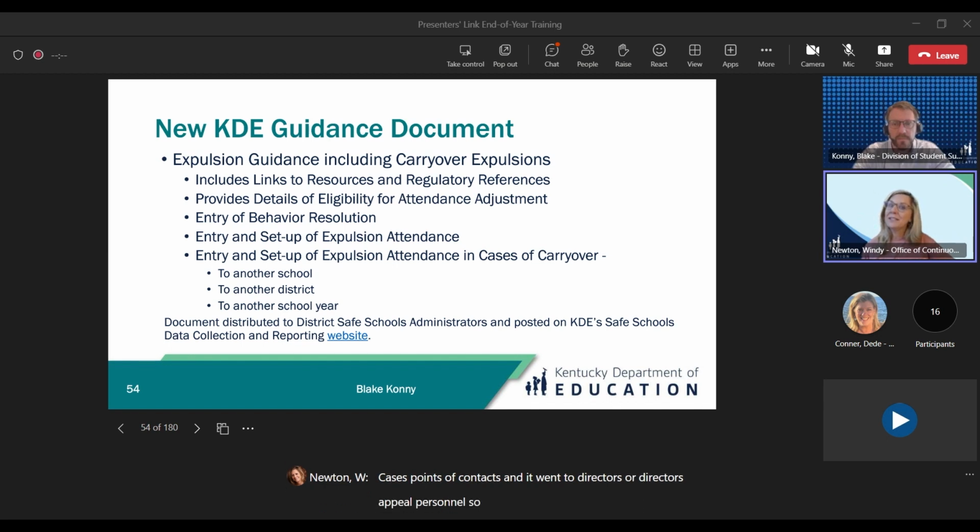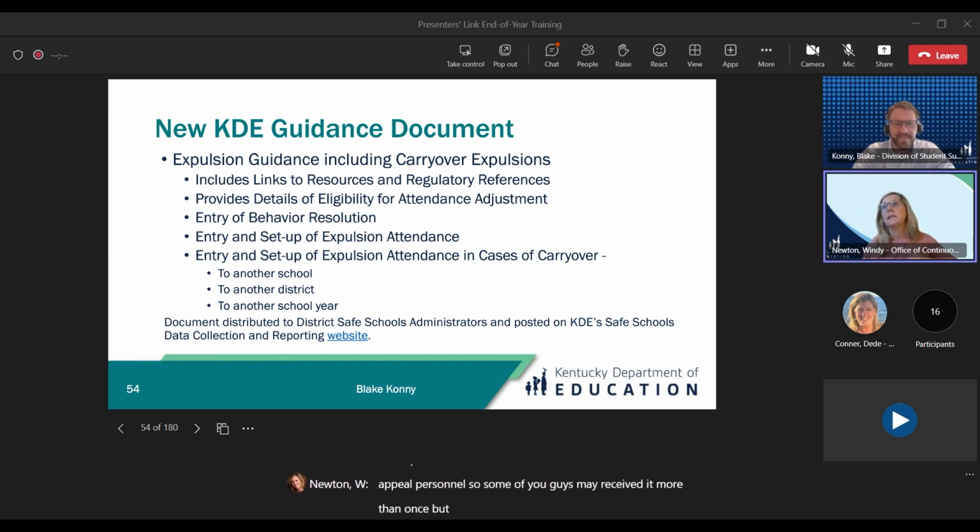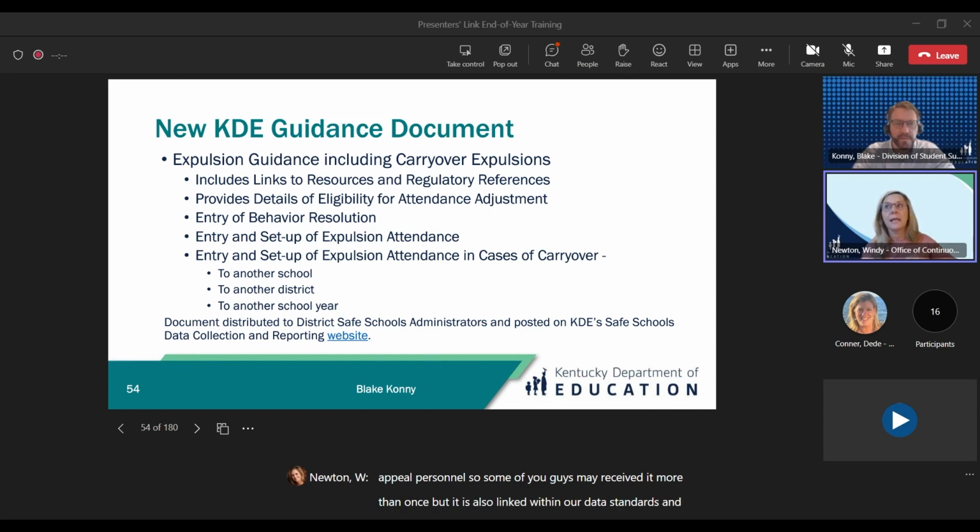So some of you may have received it more than once, but it is also linked within our data standards and on our KDE Safe Schools data collection webpage. It gives very detailed instructions for current year expulsions and carryover expulsions, and what needs to be done. So please make sure, if you are district level staff that received that guidance, that you share that with your school level staff that actually enter the data.